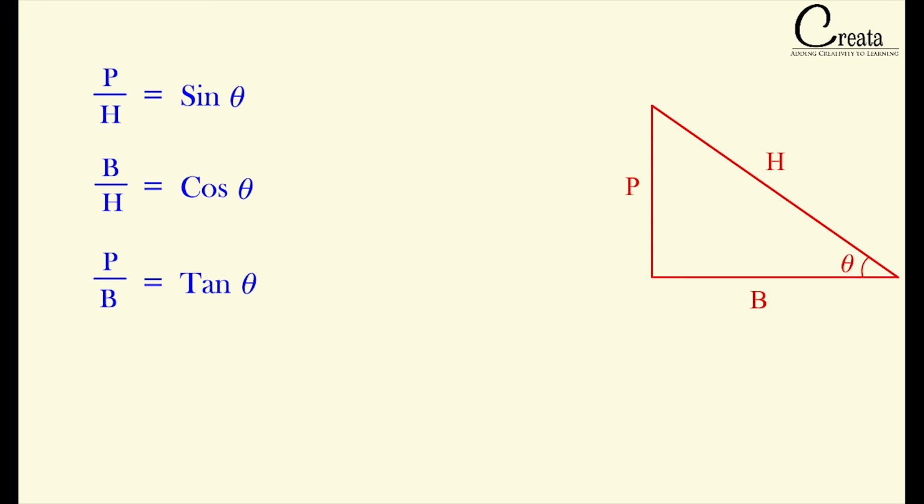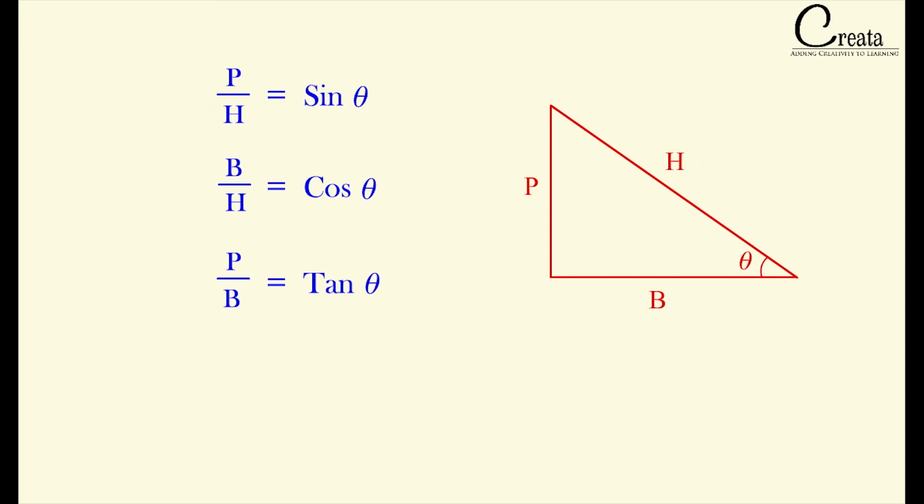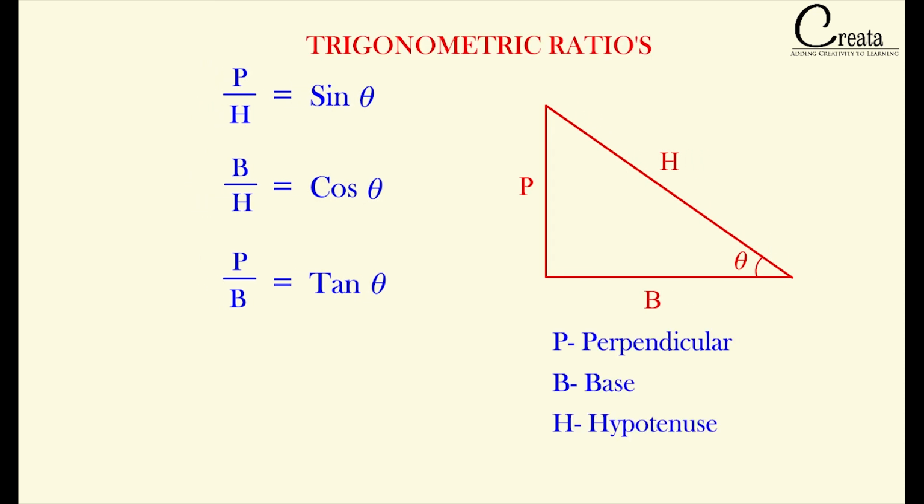Say if we take a triangle of 30 degree and we calculate the ratio of perpendicular over hypotenuse of the triangle, that comes out to be 0.5. You can calculate the same. So here we can say sin 30 degree is 0.5. Okay, got the fundamental? These are very important formulas known as trigonometric ratios.